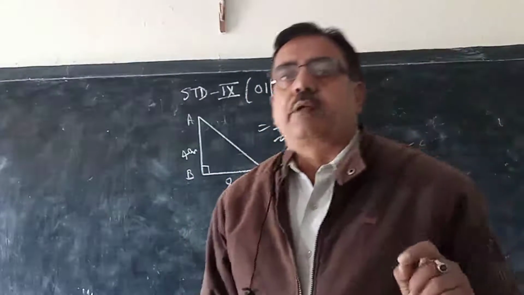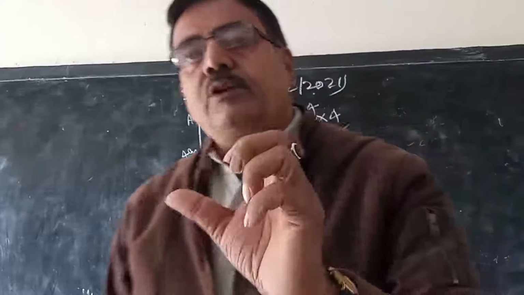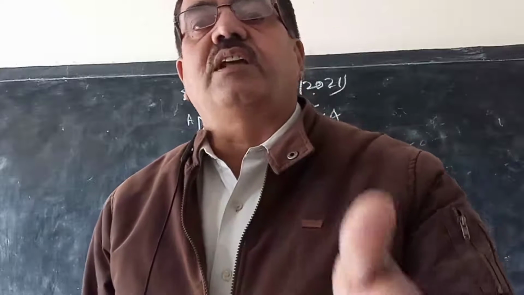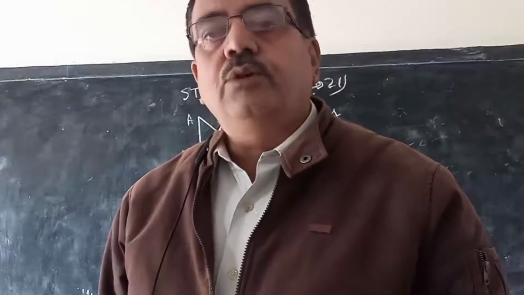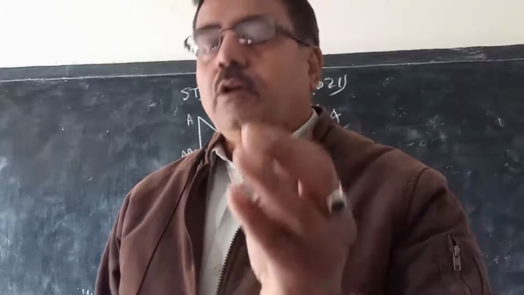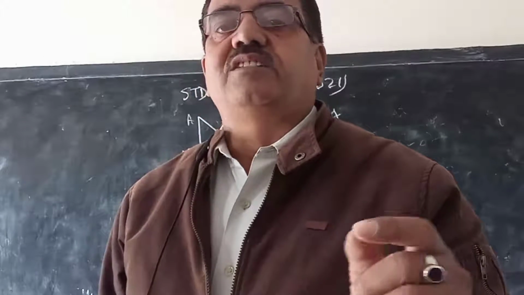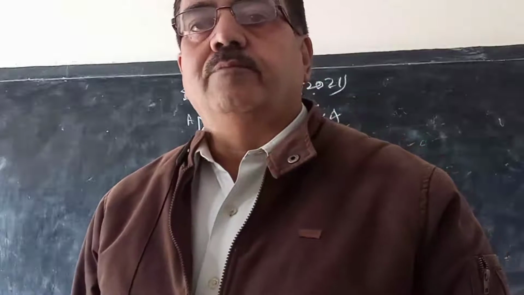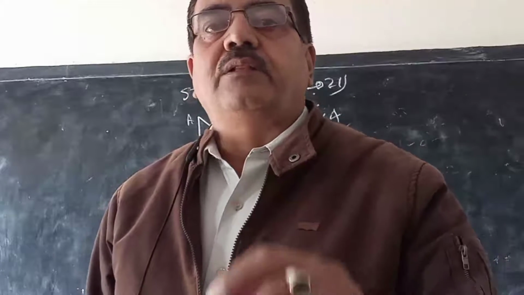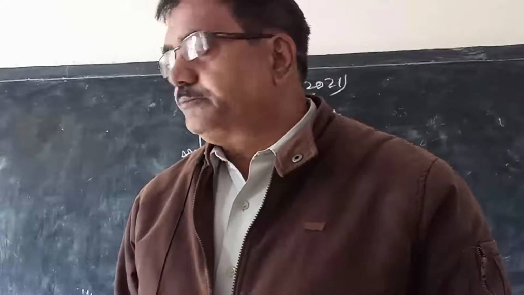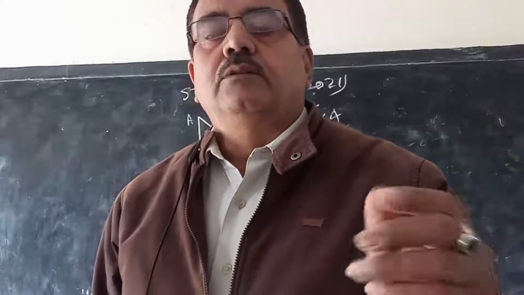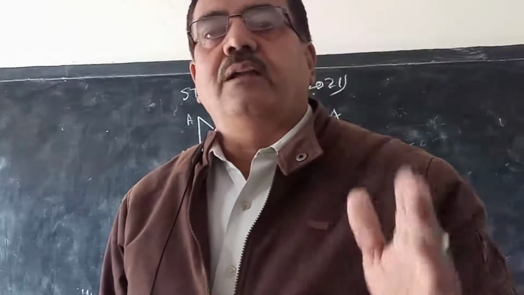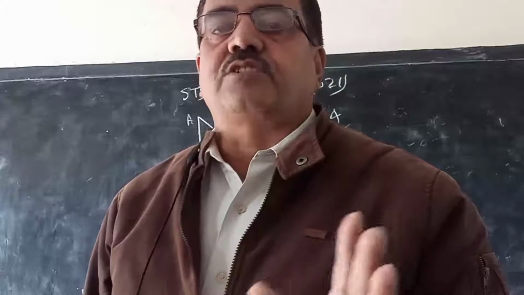Cube and cuboid. You know, cube and cuboid you have studied in class 8 also. Same formula, same question is there. Only you have to use the total surface area of the cuboid, twice in bracket, length into breadth plus breadth into height plus height into length. Volume, length into breadth into height. This is the volume. Area of the four walls is twice h into l plus b. Length of the diagonal, root over l square plus b square plus h square.